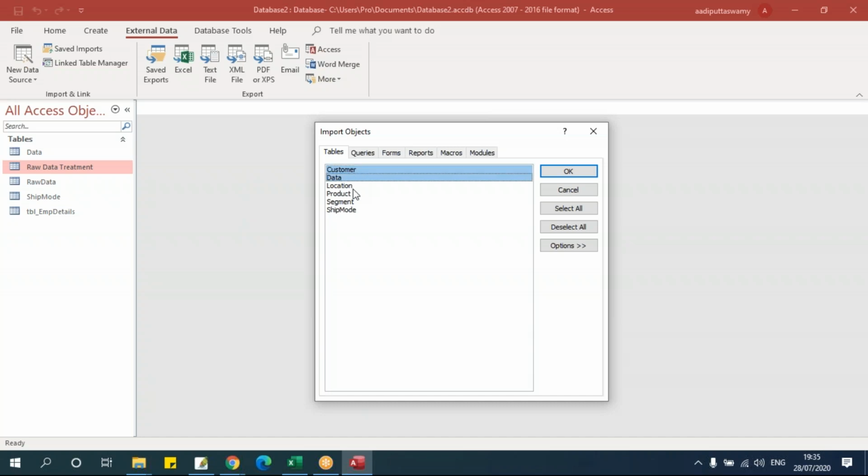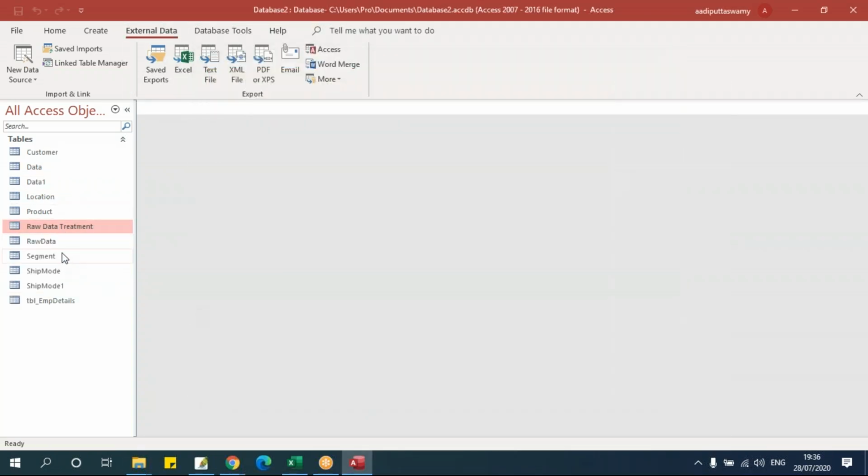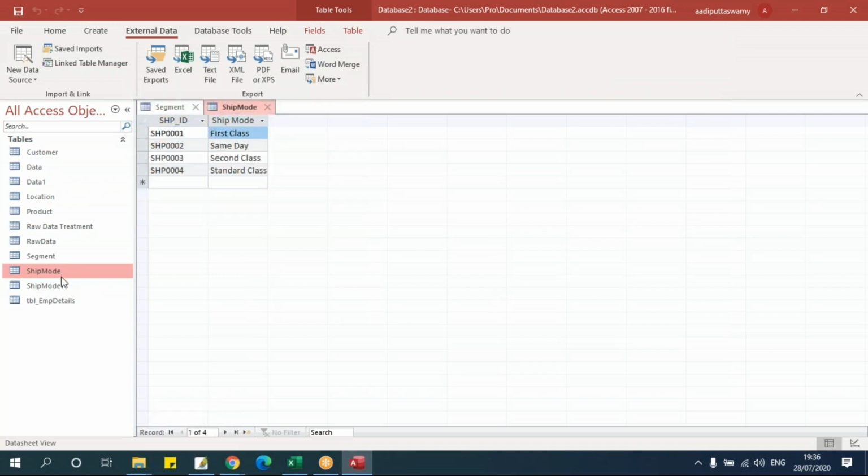Here you can select multiple tables. See, I'll select all of these together, or you can say select all. Say OK. All those tables which were there in the database which we selected will be imported here as well. See, like this.